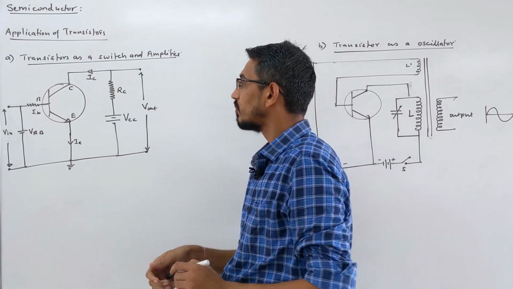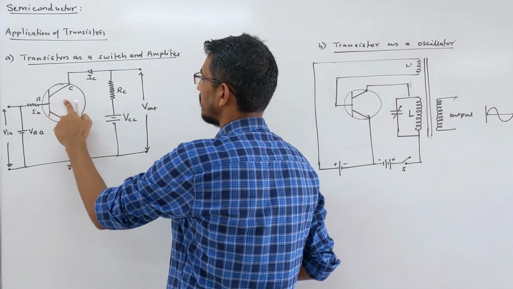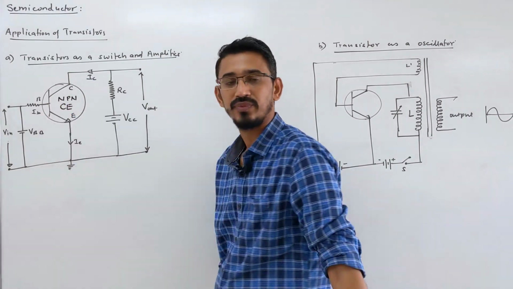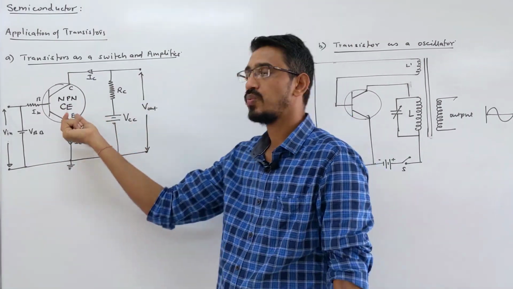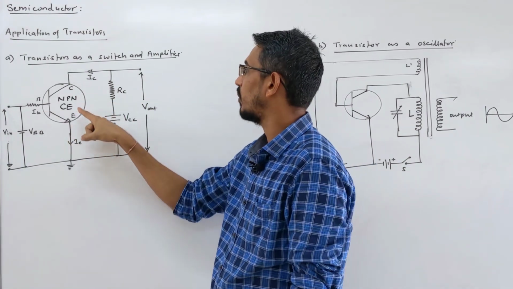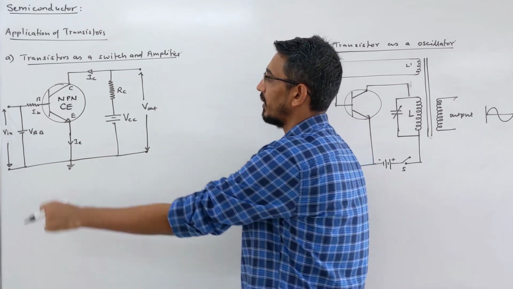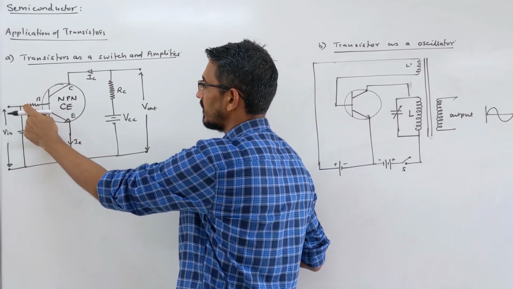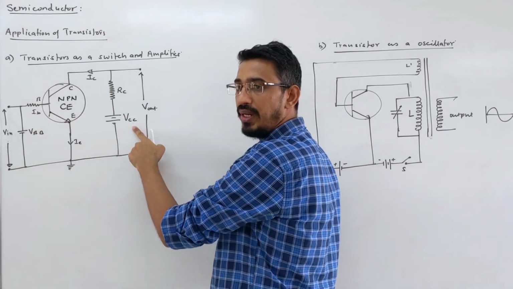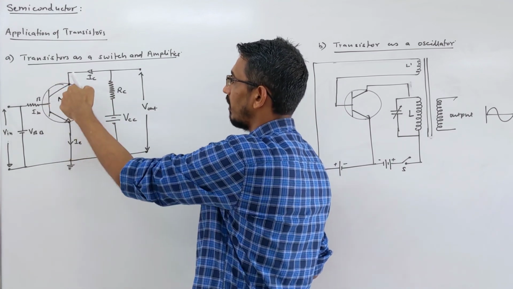To understand this we took a transistor, and what type of transistor is this? NPN and common emitter mode. If you want to use it as a switch and amplifier, generally use common emitter mode. So it's an NPN type of transistor. You can take PNP also, and the mode is common emitter mode. So this is the normal circuit I teach you all the time. Look here, this is the input side: input battery, input resistance. This is your junction, VB junction, from here to here. Output side: output battery, output resistance, and the junctions both come in the output circuit, C to B and B to E, or directly called V, C to E.